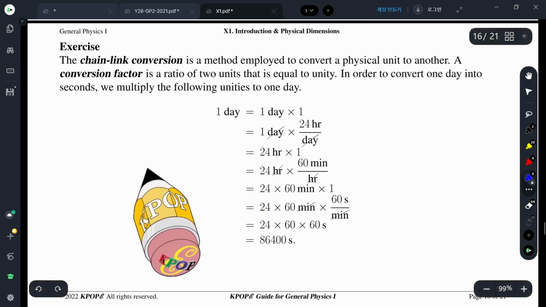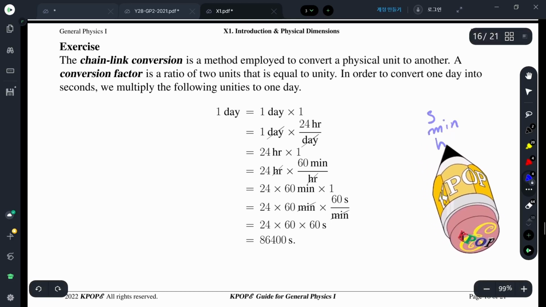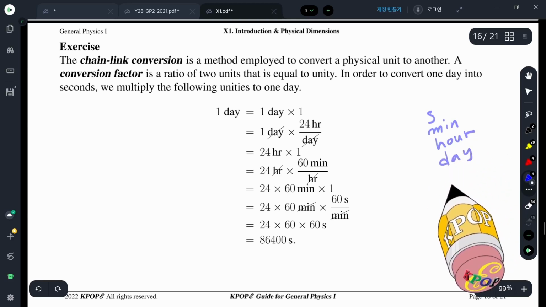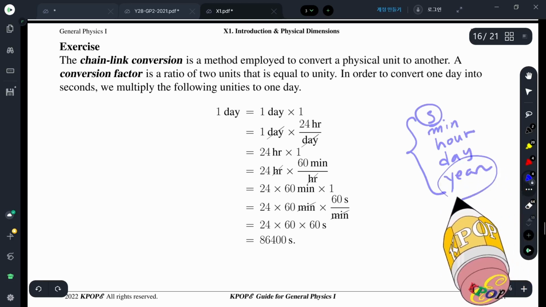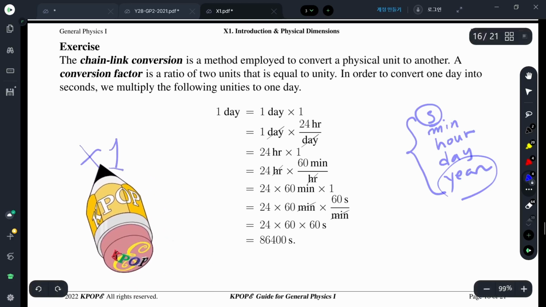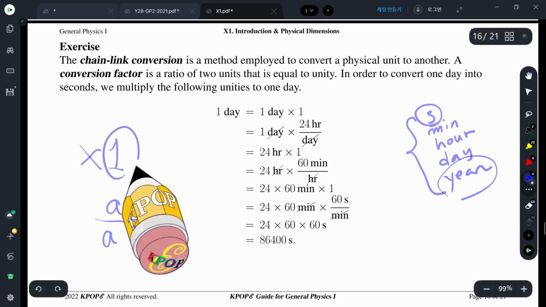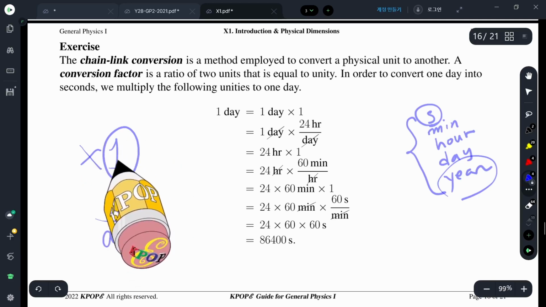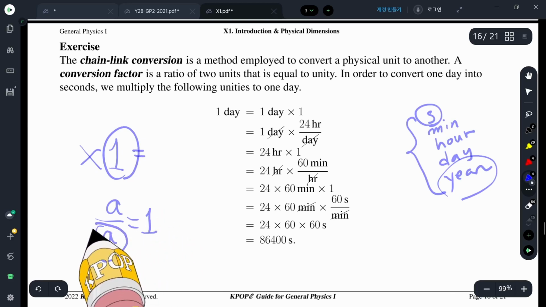If you do some numerical calculation involving units, some quantities have many units. For example, the time unit has second, minute, hour, day, year. There are many units depending on our convenience. So if you want to translate one unit to another, it is usually useful to multiply by 1. For example, a over a equals 1. So you choose a 1 that includes something you want to erase in the denominator. For example,